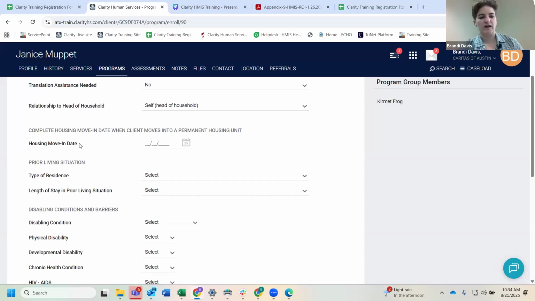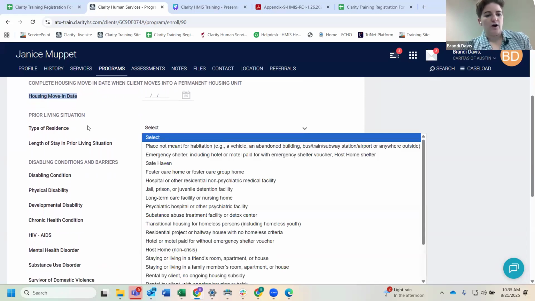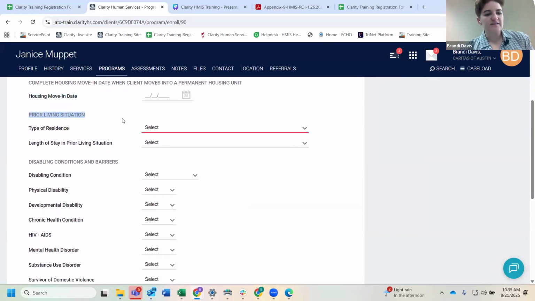That's the example I'm going to use today. So we're going to say that we received this referral. We're providing case management for the client. We're working on locating housing for them, but they're not housed yet. So we're going to leave this housing move-in date blank for now. I'm going to skip that and then move into our prior living situation. This is the section where we would capture the client's history of homelessness. We're looking at the past 3 years for the client, seeing how many episodes of homelessness they've experienced and how long each of those episodes lasted. That's helping us determine if the client is considered chronically homeless or not.